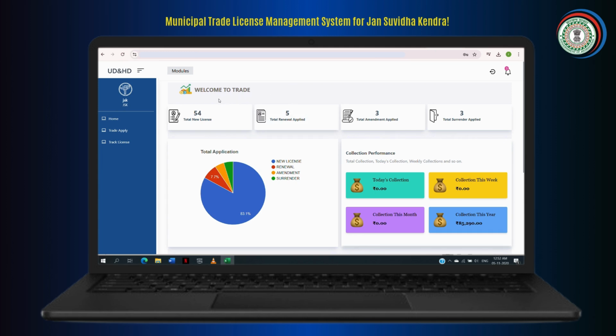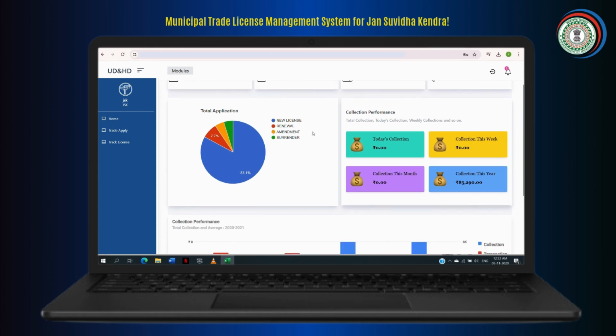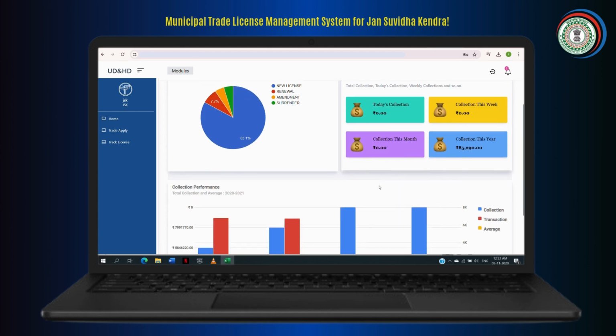The JSK dashboard provides an overview of application and collection summaries, along with options for related actions on the trade home page. These include total applications, collection performance such as today's collection, collection this week, collection this month, collection this year.